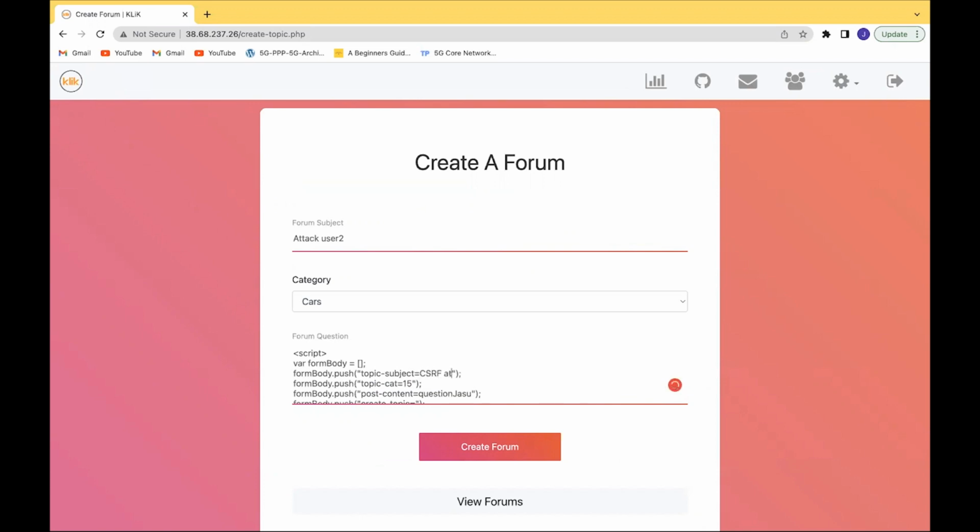CSRF attack. So in the form body and the topic, we can do any topic. And here is the cookie. For CSRF, the cookie is the main thing because users should be in the logged-in state to make this attack work,